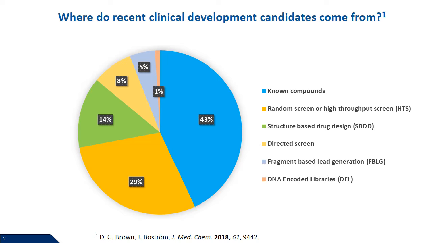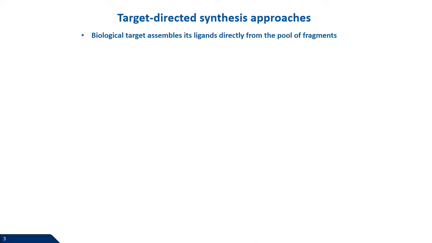It's worth noting here that the quality of the starting point can influence the drug discovery process, and a high quality hit can shorten this drug discovery path to a great extent. The target-directed synthesis approach can generate these kinds of high quality hits, as the biological target is involved to assemble its selective ligands. These robust strategies are recently gaining popularity in early drug discovery projects, and they can be divided into